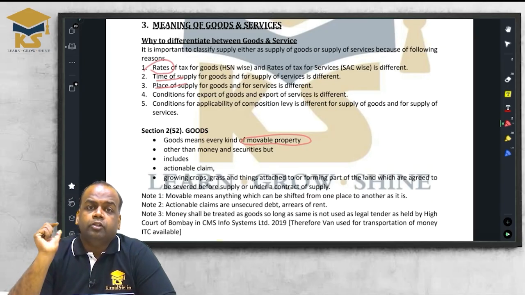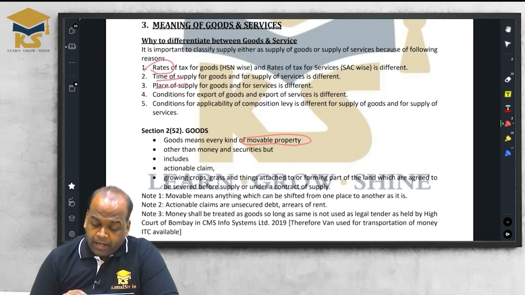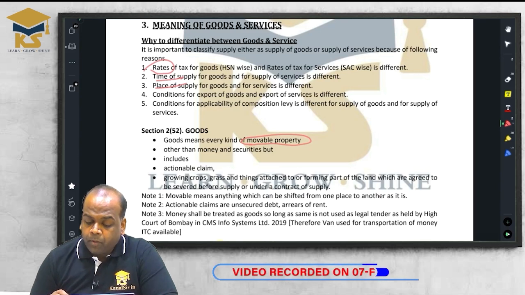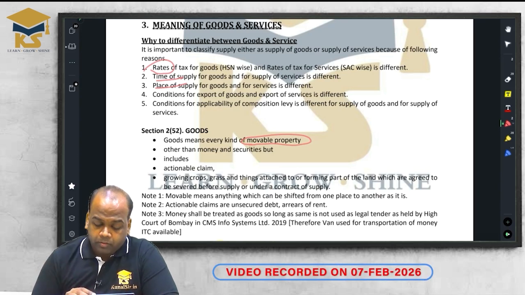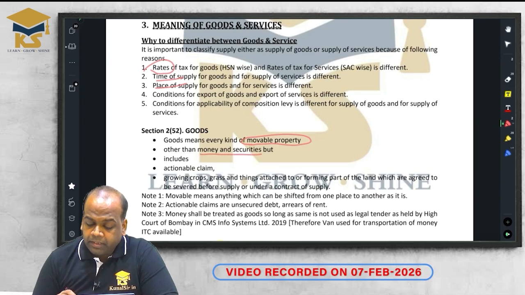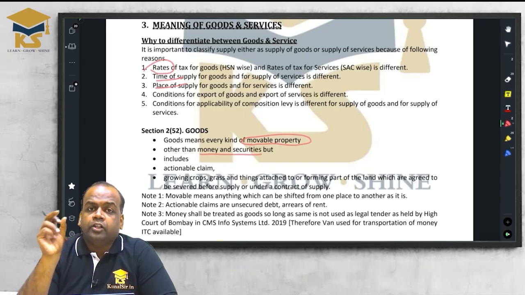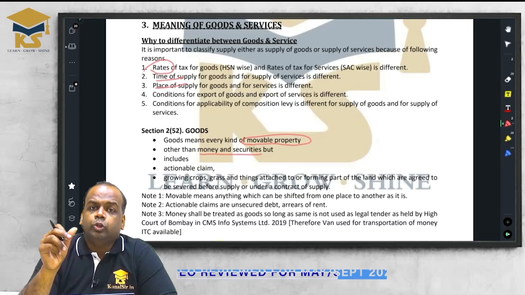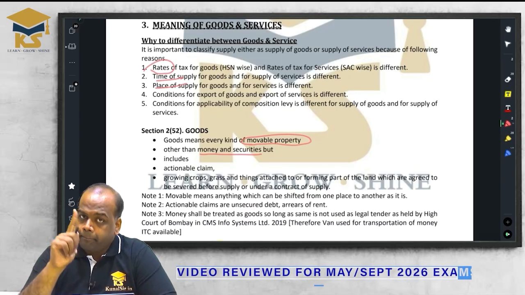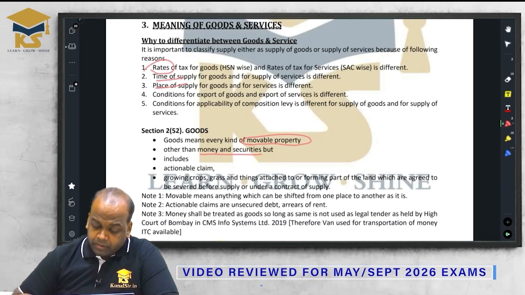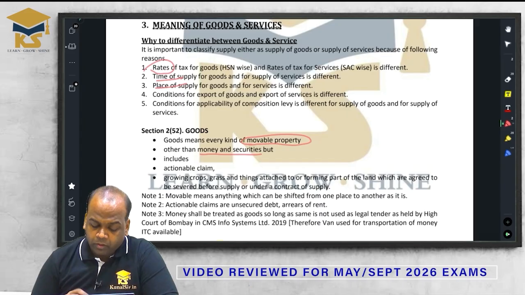Now that is not goods. Every kind of movable property is goods other than money and securities. Money and securities are not considered as goods even if they are movable, but it includes